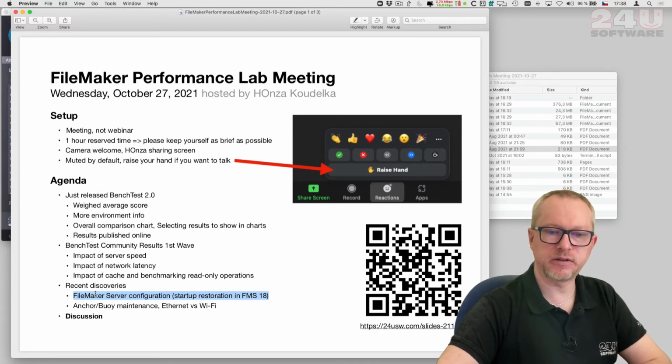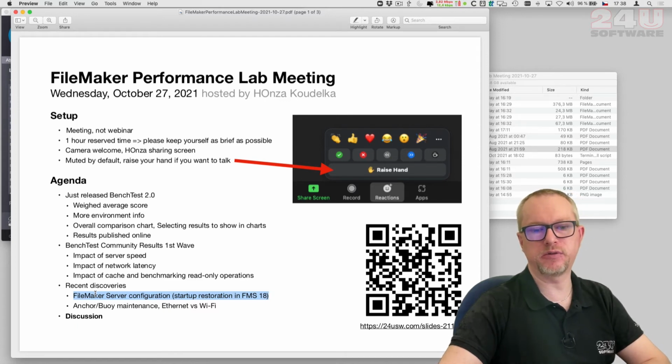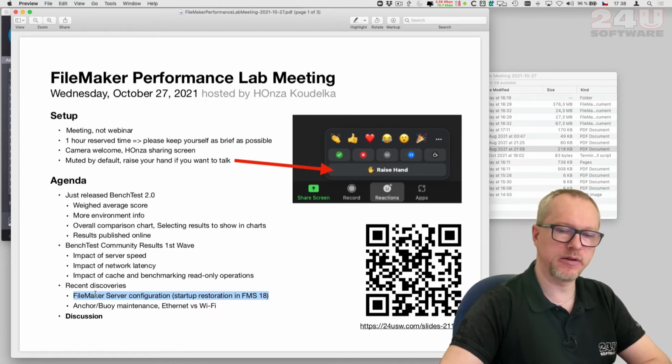So we suggested disabling startup restoration. We also checked the cache size and other factors, but it turns out that specifically the startup restoration was the factor that was getting the FileMaker Server to its knees when the number of concurrent connections exceeded 100.